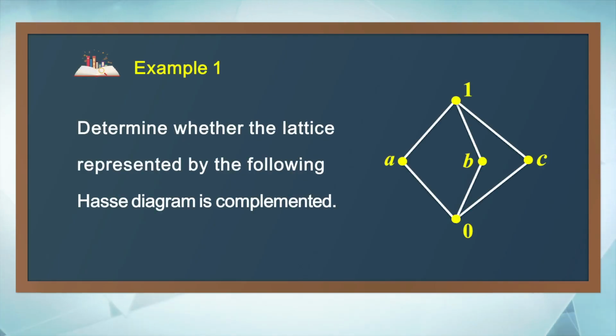Similarly, element B also has 2 complements. What are they? Element A and element C. And element C also has 2 complements. What are they? Element A and element B. Because every element of this lattice has at least 1 complement, it is complemented. From this example, we can see that an element may have more than 1 complement, but an